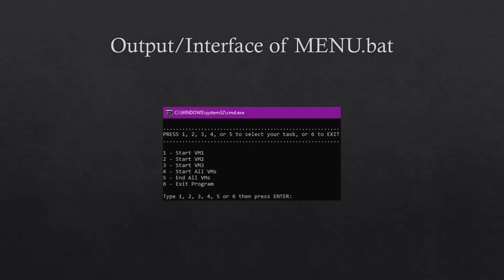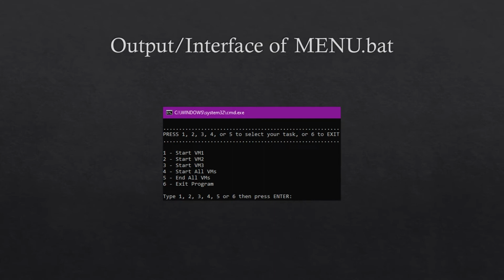This is the interface of the batch file, which is called menu. The menu is very simple, where the user just has to enter a number from 1 to 6 for which program they want to start. The first, second, and third numbers are to start virtual machine 1, virtual machine 2, and virtual machine 3.